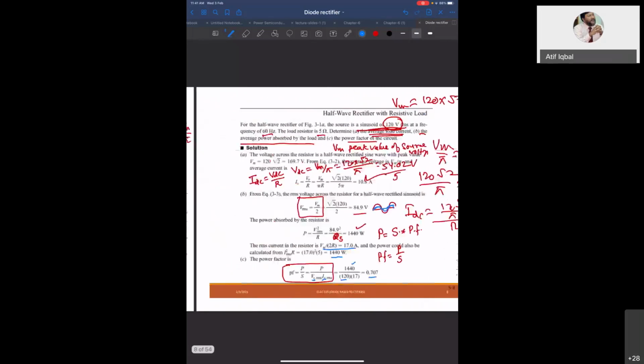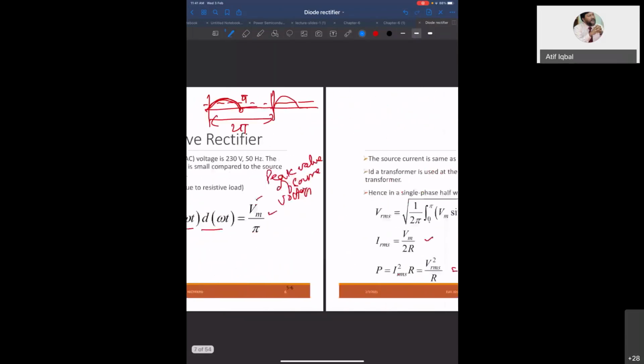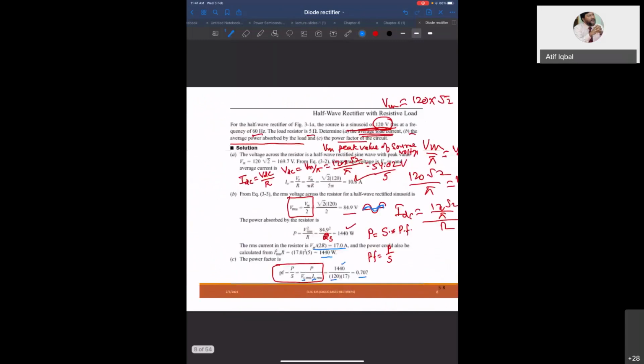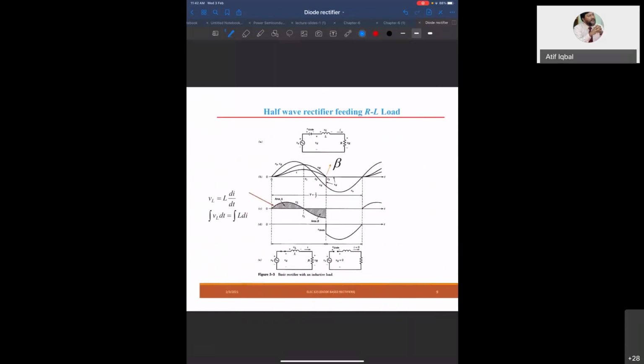But if you have a normal sine wave supplying a resistive load, then it will be completely unity power factor. But what you see here is a resistive load supplied by an AC source, and still it is not unity power factor. Why? Because it is not a complete sine wave. We are talking about a half sine wave. So this power factor is actually coming from the fundamental, and the fundamental is different from what I see in the waveform. Okay.